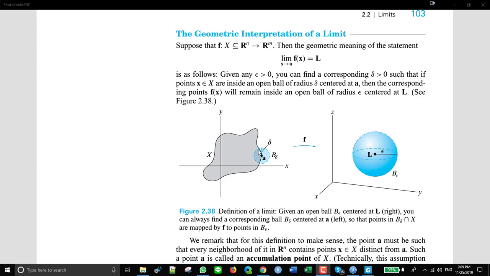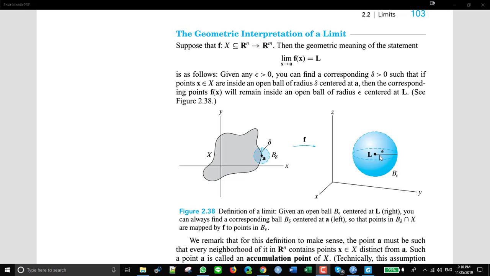It's right here, this stuff here. So we want to say that every point in there will be mapped into this ball. So we're given a ball. Can we find a radius delta around A so that everything within that ball here will get mapped into the